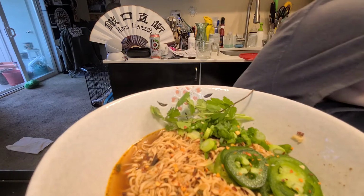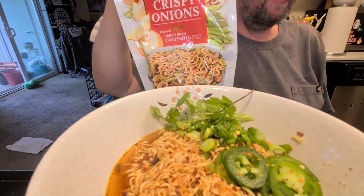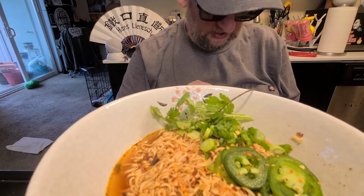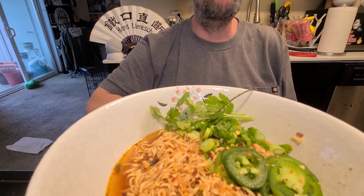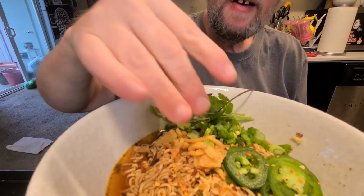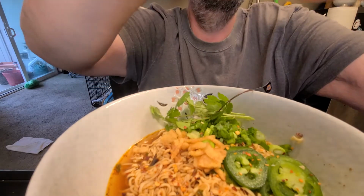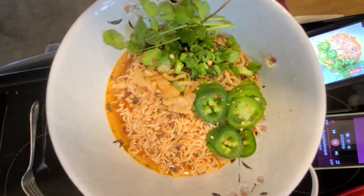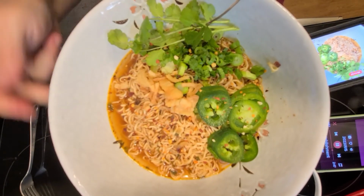Oh, I know. So this stuff is rad. This brand in particular, I'm not talking the French's stuff. The French's stuff is dripping in grease and they're just not as crisp. But this fresh, now they're calling it Fresh Gourmet. It used to be Fresh Express. But they also had fried garlic that you could put on stuff. And boy, let me tell you, it was great. The other thing you could put on this instead would be pork rinds. That's actually something they do in Malaysia with prawn, Hokkien prawn. But yeah,